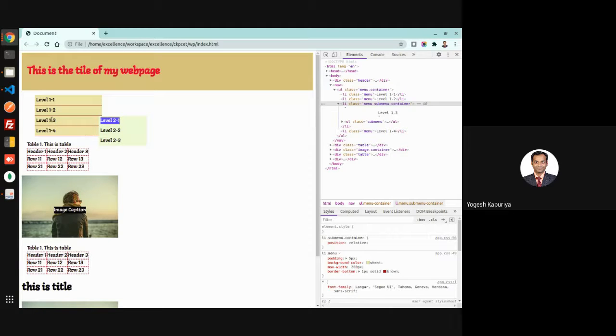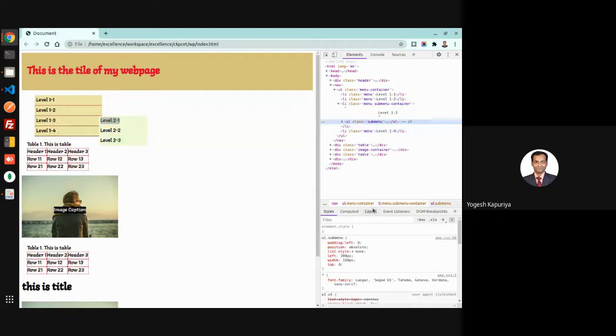Because your positioning is relative, and because you have an absolute positioning submenu container inside it, see, this is relative, and then you have the submenu which is positioned absolute, so it has some left. If you don't mention it, it goes here. You know the width of this is 200 pixel.